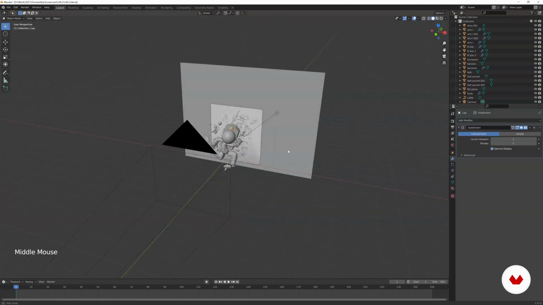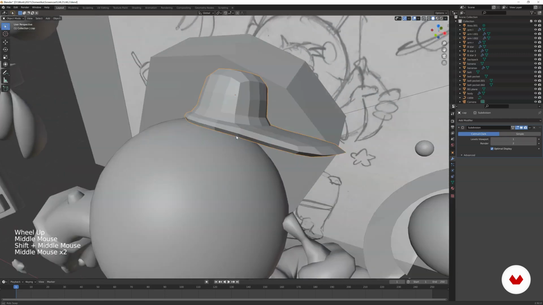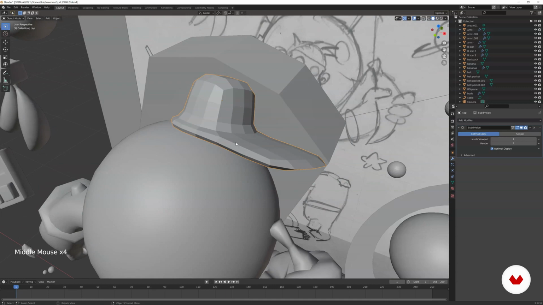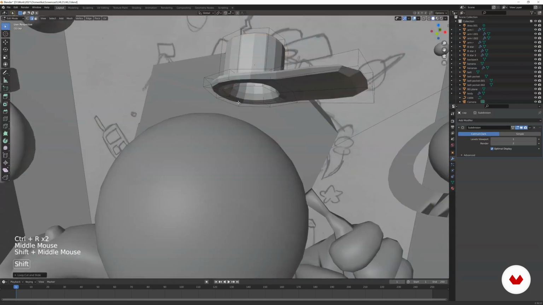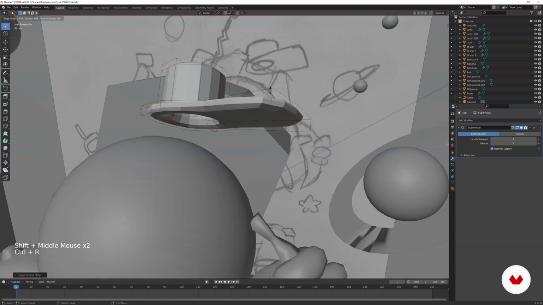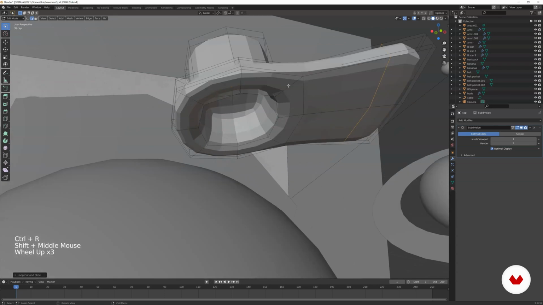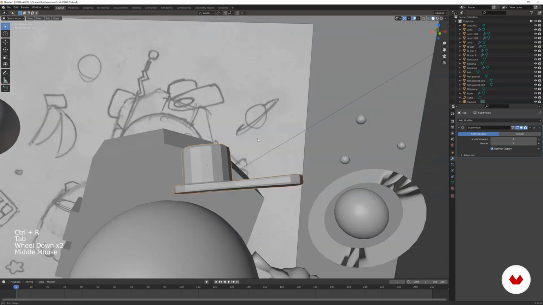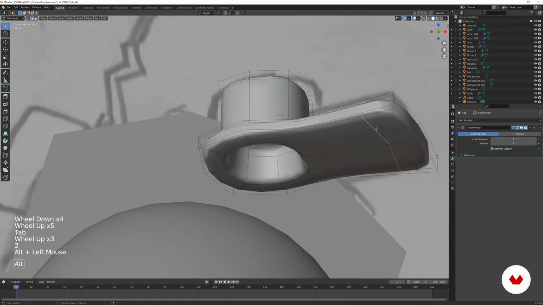As you can see, it looks like some kind of a duck face here, so maybe we can just add edge loops everywhere so it would be more sharp and takes the shape of the cap that we have in the sketch. And then of course smooth shading. Then select this one with alt left click and then V again. So we slide it